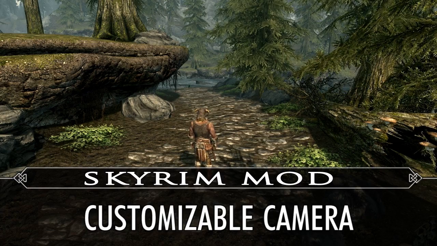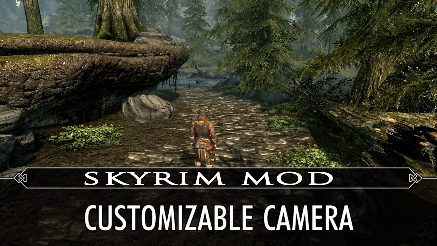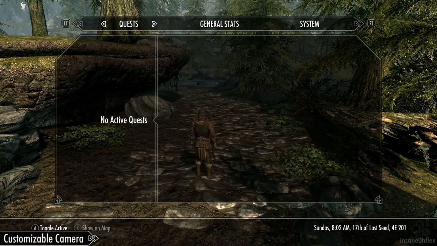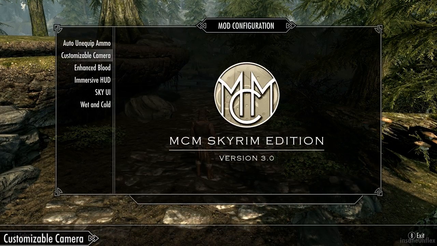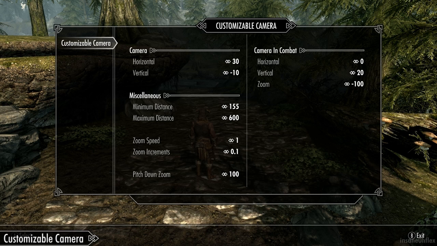What's up, everybody? For this Skyrim mod video, I'm featuring Customizable Camera. This is a pretty simple mod that gives you a few options for customizing the camera in-game. With Customizable Camera, it's an MCM menu mod, so you need Skyrim Script Extender and you also need SkyUI